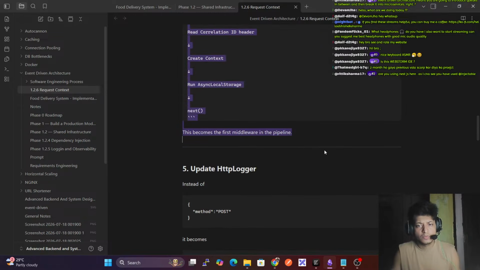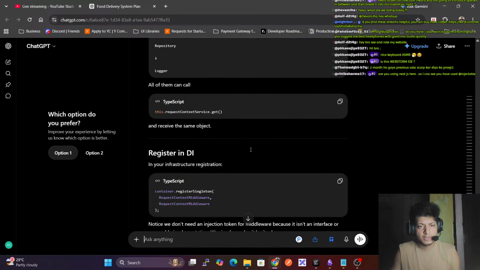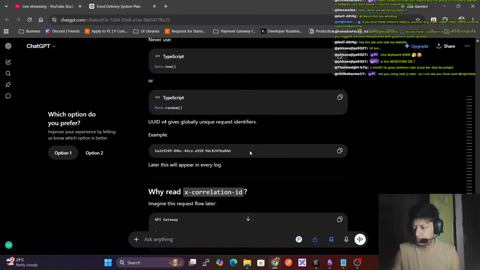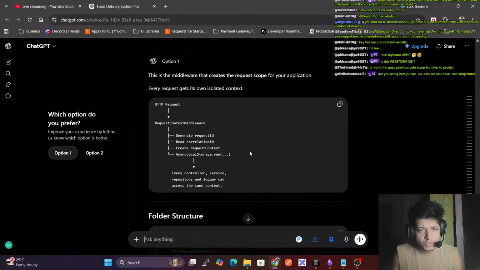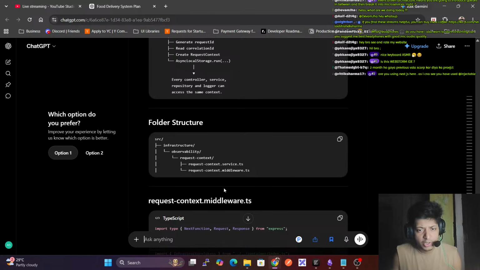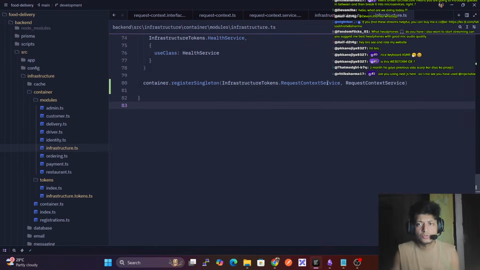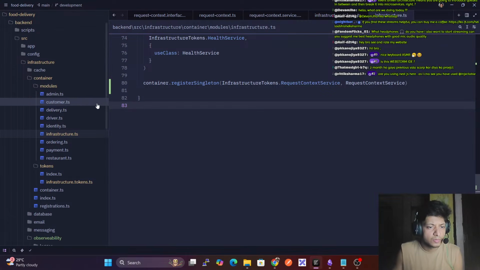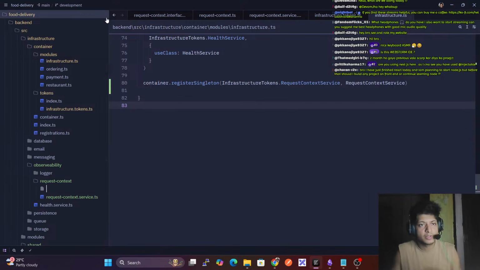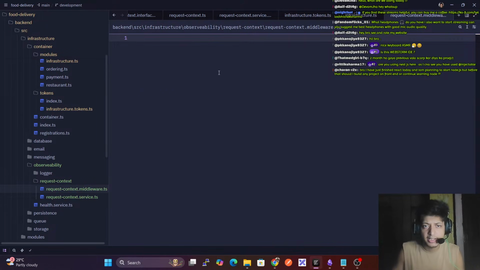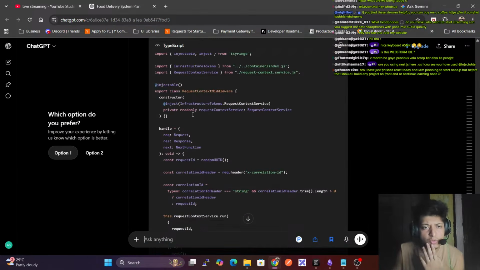So according to this, we go here, folder structure. We need request context middleware here. So we go to observability, request context middleware. Request context dot middleware dot ts. Yes, I got this. And then if you see the code, we have